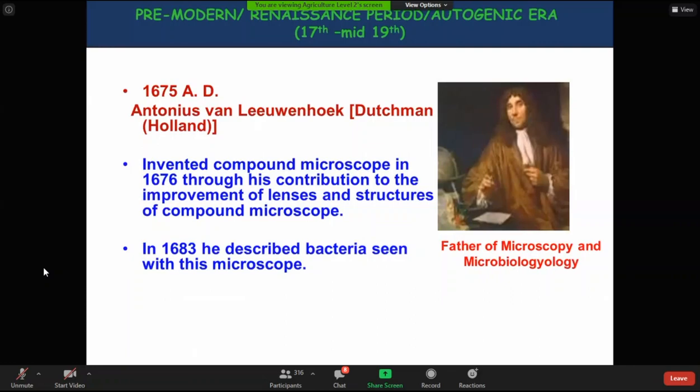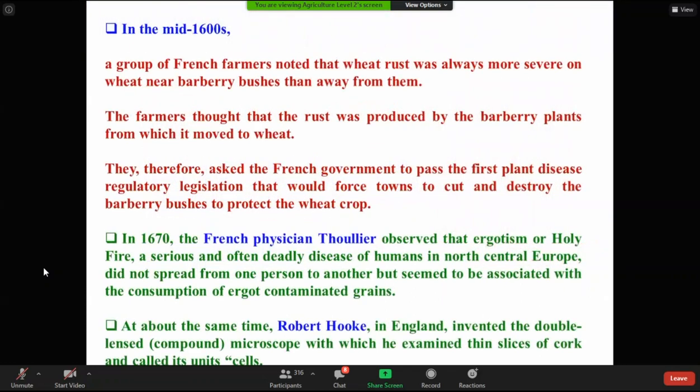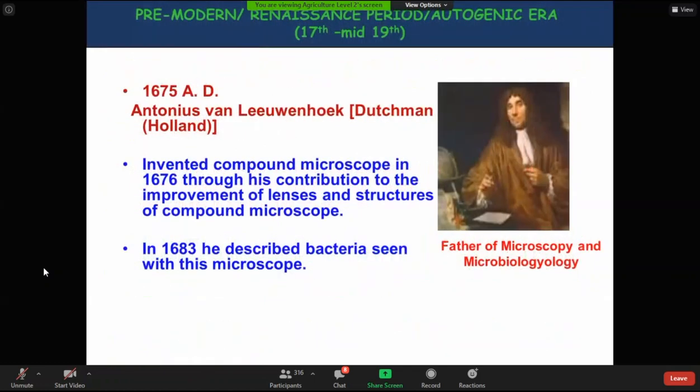So just after how many years? 5 years. Just after 5 years, Antonius van Leeuwenhoek, a Holland man, we call Dutchman. What did he do? What's his contribution? Leeuwenhoek invented compound microscope in 1676 through his contribution to the improvement of lenses and structures of compound microscope that